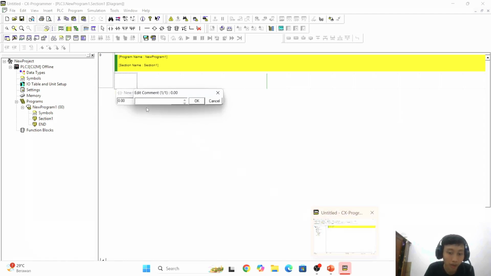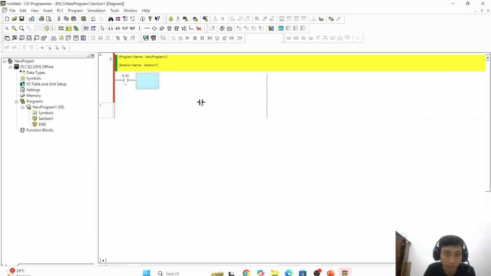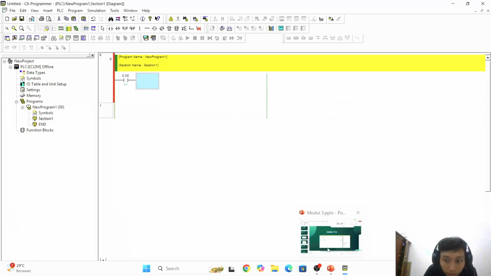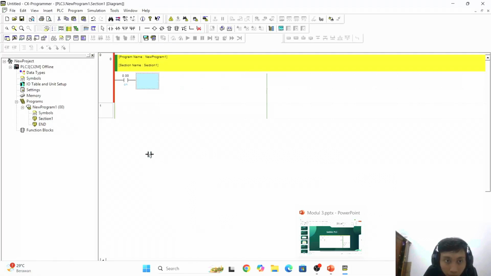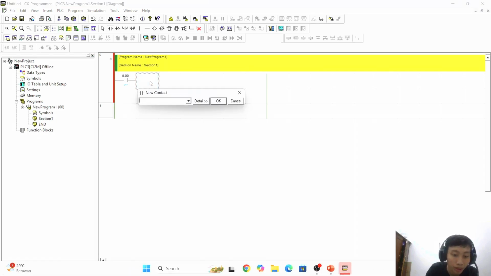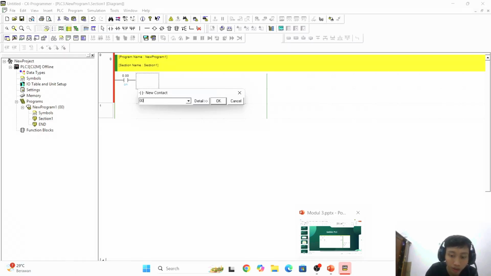From this we set the on button on. Now set the off button to 0.01.